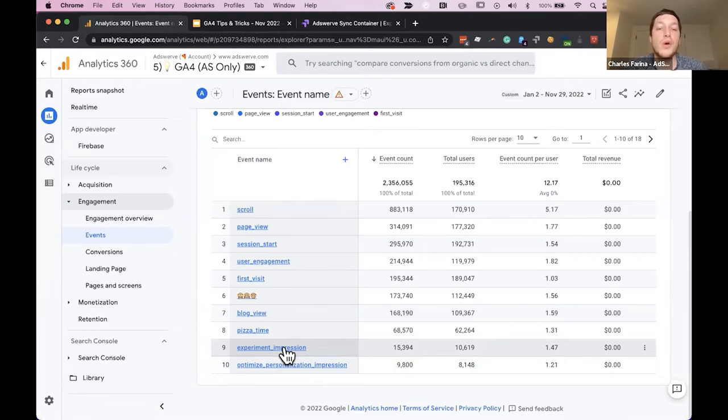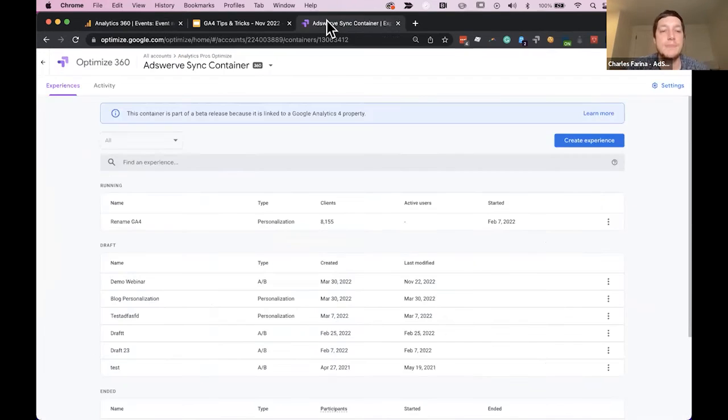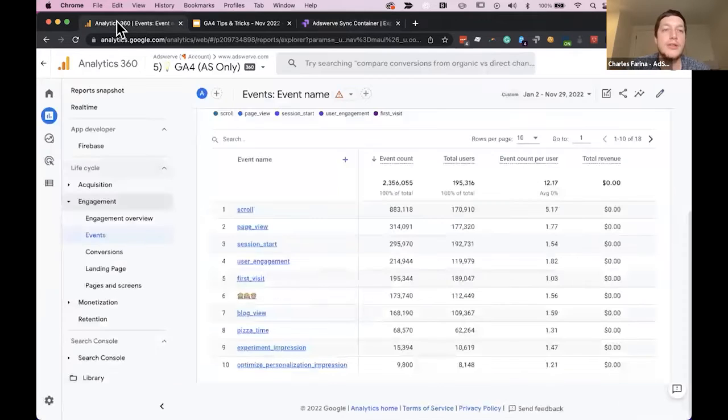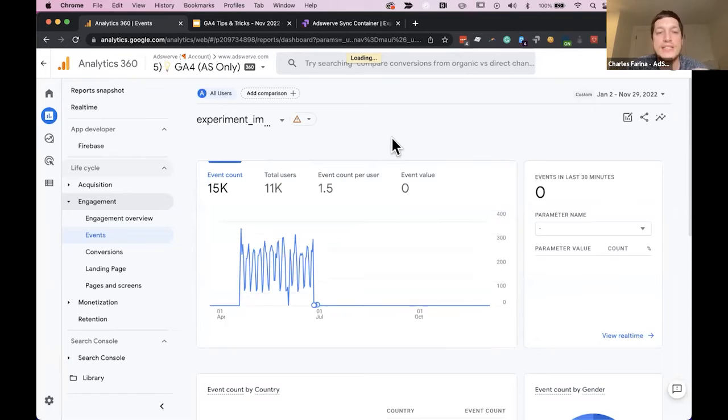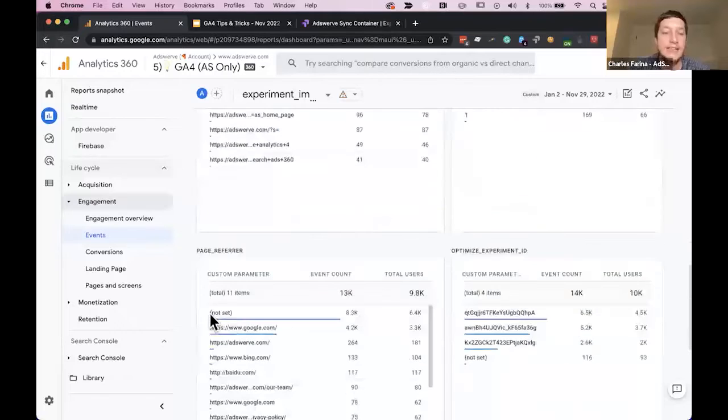So this is what the tip and trick is that most people would probably expect if you set up a test and you run it, then you'll be able to do your analysis in Google Analytics automatically because everything is linked together. And unfortunately, that's not quite the case because by default, all that this integration does is it creates the event or the experiment. What's missing is that it doesn't create the parameters for that test automatically.